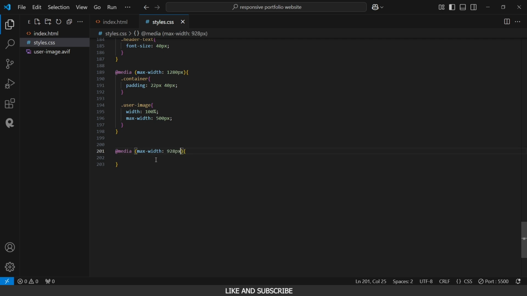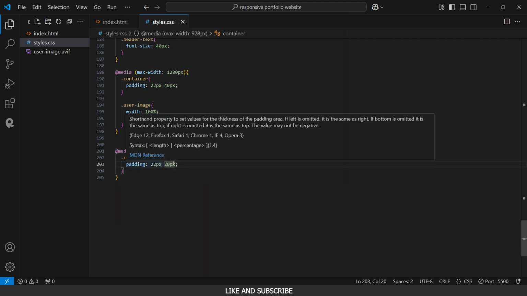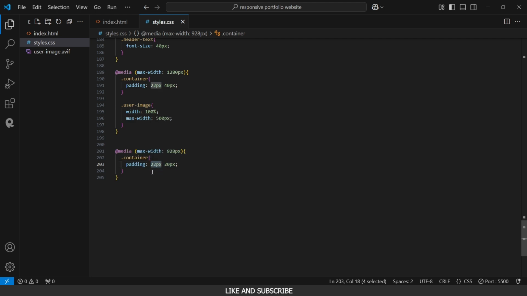So in here, we're going to set container once more, and the container padding here is going to become 22px and 20px. That is for top, bottom, left, and right. This one right here is for the left and right side, while this is for top and bottom. So next, we're going to style the links container,